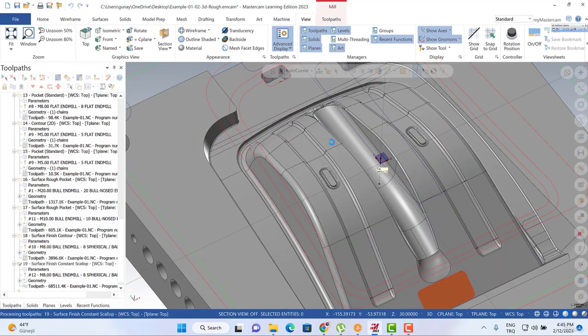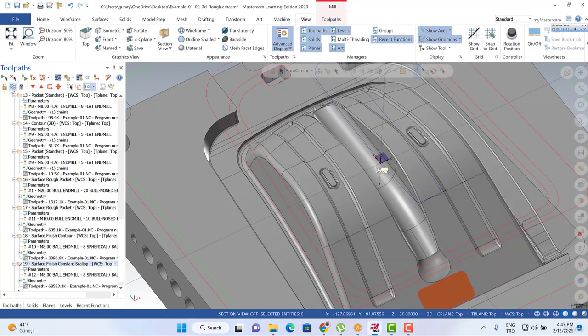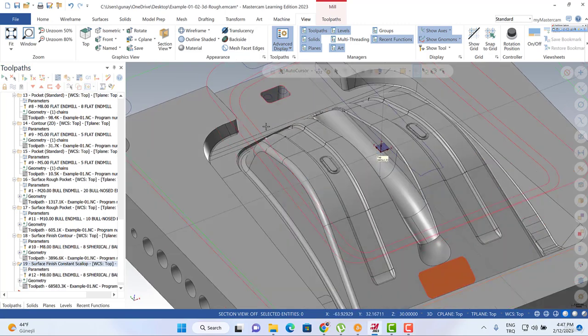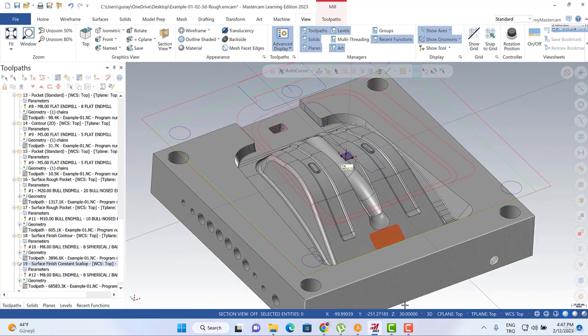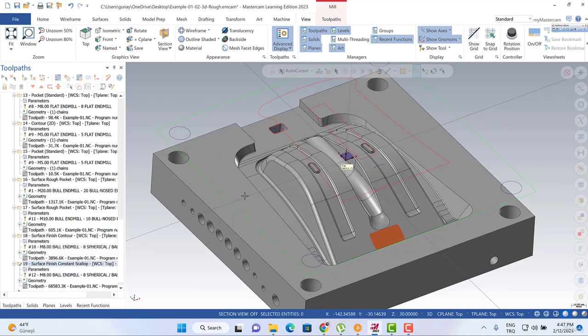After that, we can also create some toolpath for this area. So by using maybe a 3 millimeter tool, it's also possible. So it is calculated as zero, and after that, it's quite important that when we turn to the level section, we can activate the scallop boundary,